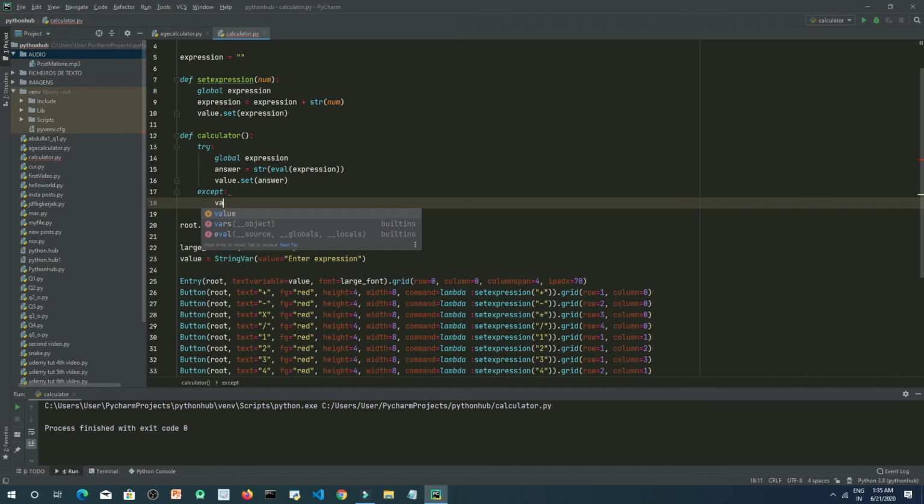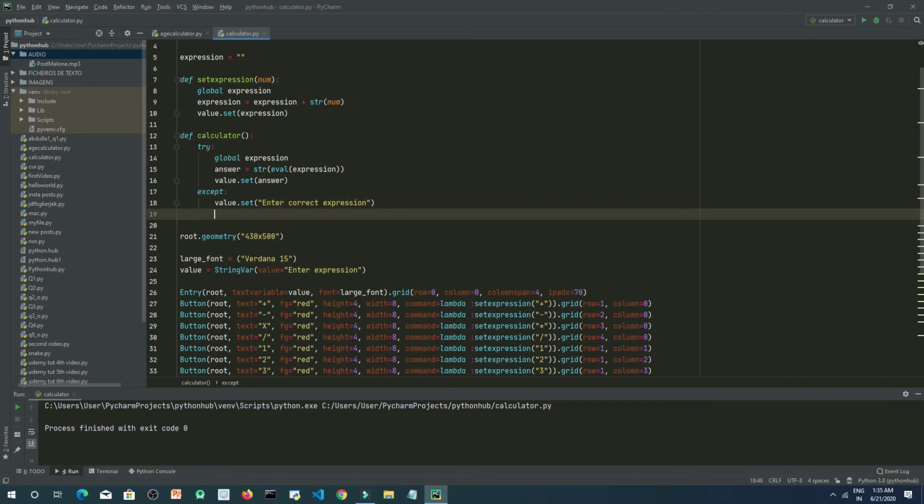Let's type value dot set, and what we want to set is "please enter correct expression". Right? And we want the expression to be empty, right? Expression equals an empty string.